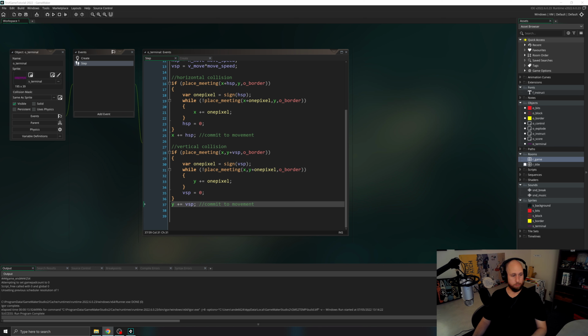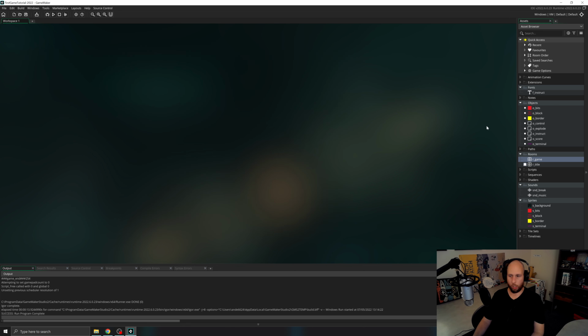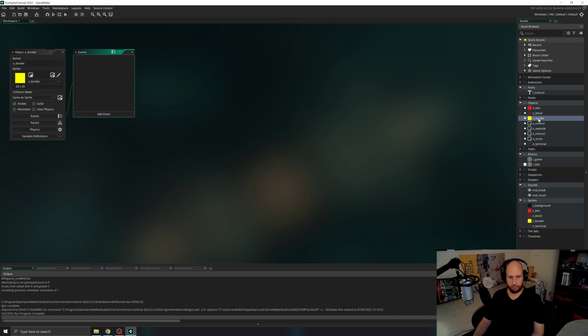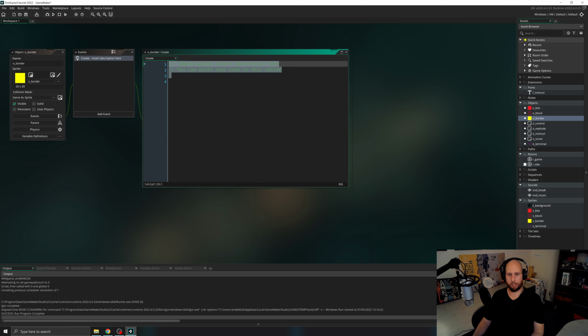While loops are very useful to execute a bunch of code over and over again, but all during one frame. All right, so let's now add some visual panache to the game. In our o_border object, we've got to add the following code. Add a create event, and we're going to make it so it's no longer a yellow pixel. It's going to look a little cooler, so we've got to do some code for that. text = string(irandom_range(0, 9));